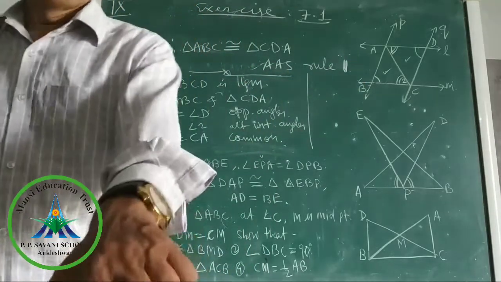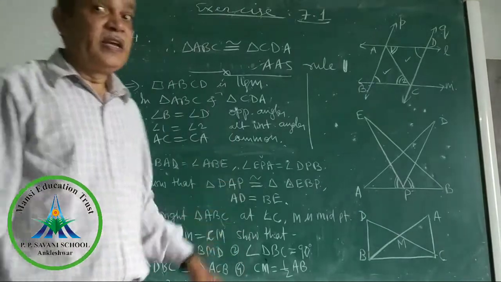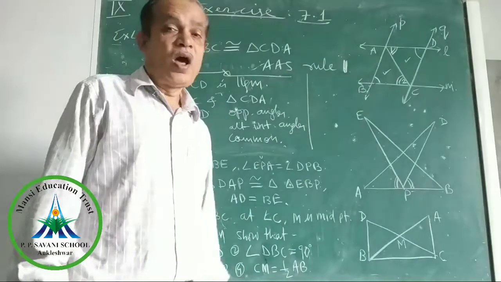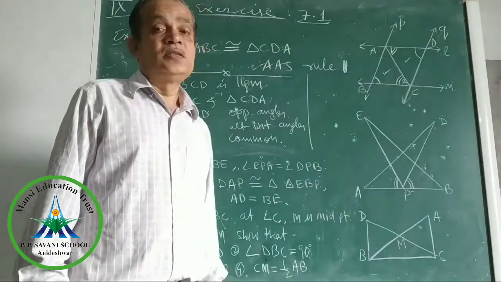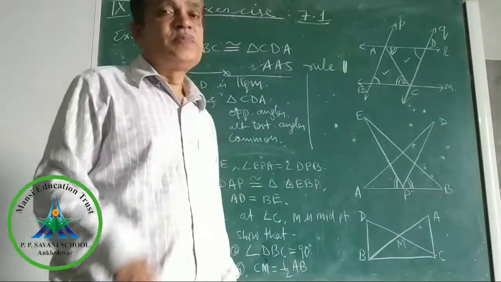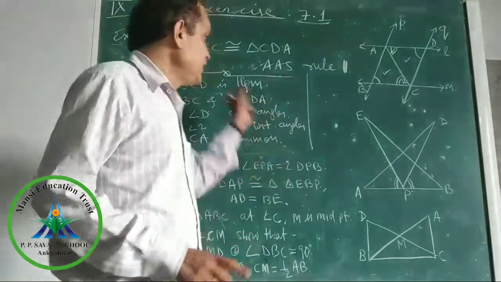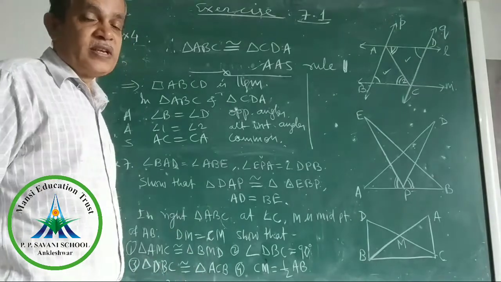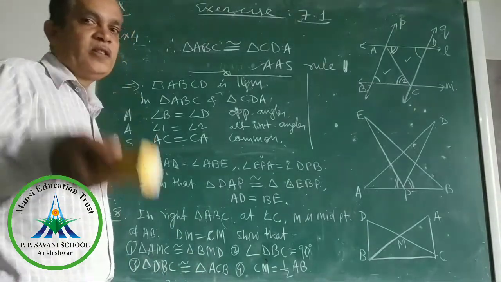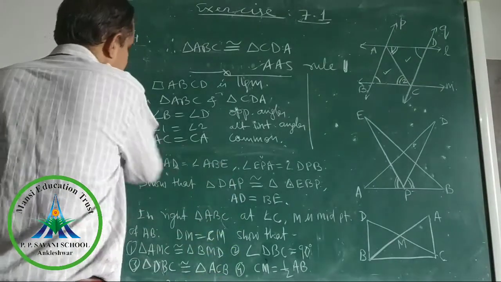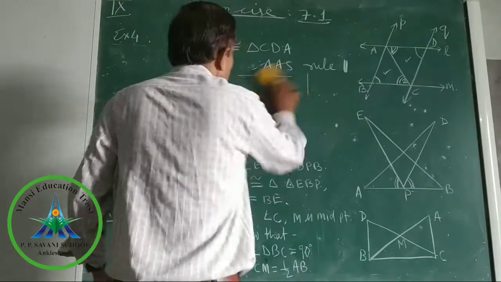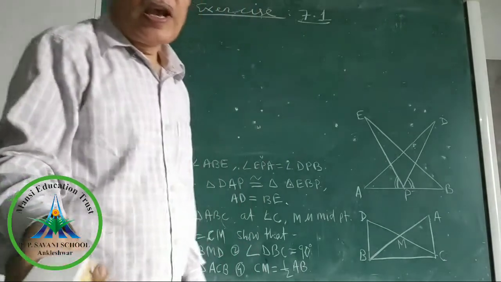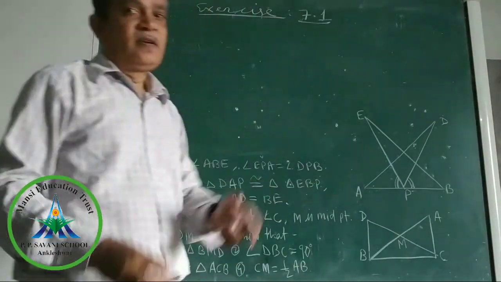Got it? Very simple. What is important is reading the diagram and remembering the properties we know. Parallelogram, rectangles, squares, all properties must be known to us. So for this example, listen to it twice and solve it in the notebook. Now we are taking example number 7. Students, very simple, it is only a matter of watching and understanding.